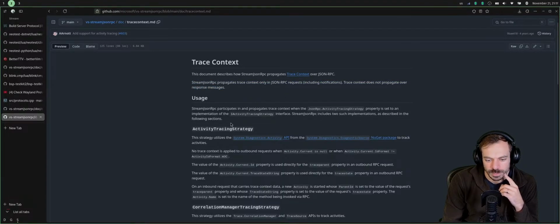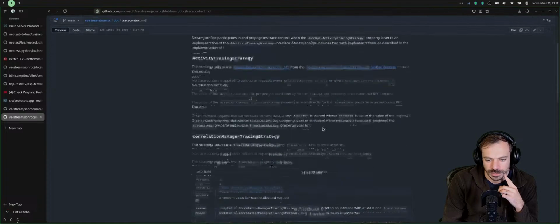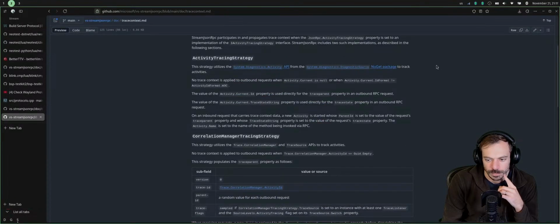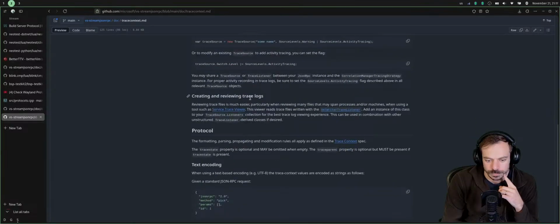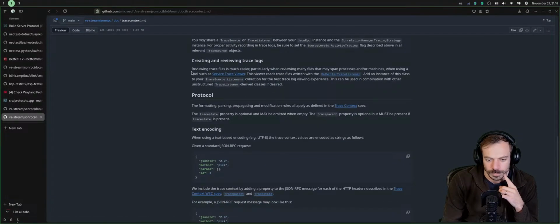StreamJsonRpc participates in and propagates trace context when the JsonRpc ActivityTracingStrategy property is set to an implementation of the IActivityTracingStrategy interface. Reviewing trace files is much easier with tools such as Service Trace Viewer.